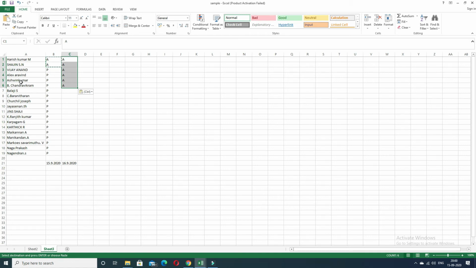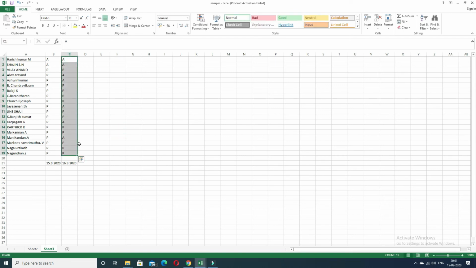The names can be shuffled. Based on the shuffled details, you can get the data. Others are present. Even if you have shuffled data like this, we can get it into order like this.